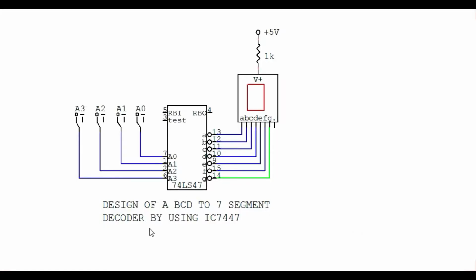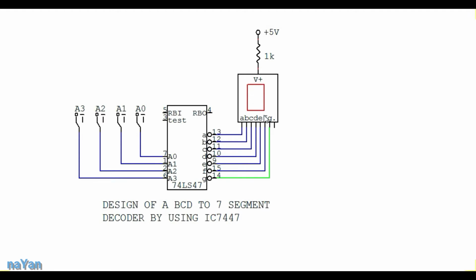Today's experiment is the design of a BCD to 7 segment decoder by using the 7447 IC. 7447 is a BCD to 7 segment decoder. It takes BCD as input and converts it to 7 segment output. 7 segment output means it generates proper combinations of zeros and ones. If those zeros and ones are provided to a 7 segment display, it will generate our decimal number on that